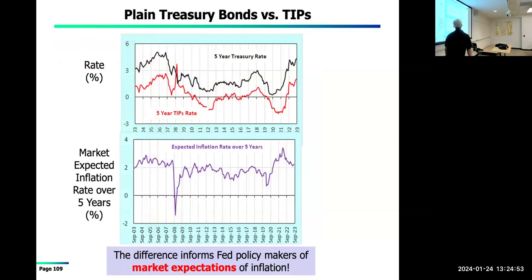Okay, so we can look at this information, and what I've graphed here is the data. This goes back to September 2003 when they were first issued. You do a graph and you say, what was the 5-year treasury rate? What was the 5-year TIPS rate? As expected, the TIPS coupon should be much lower. We're not expecting deflation. We're expecting some inflation. You do the subtraction, and it gives you what that market